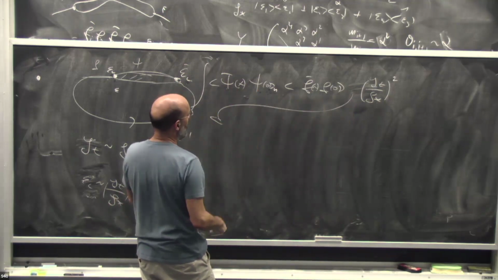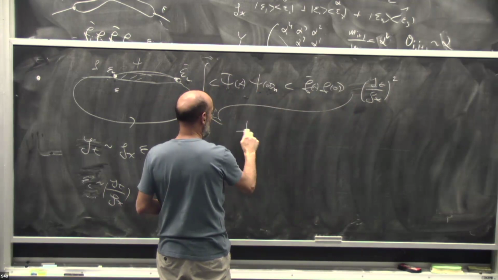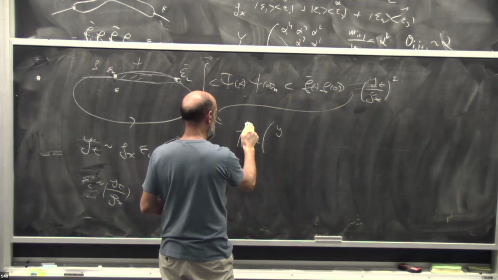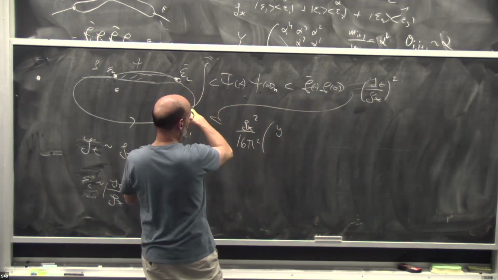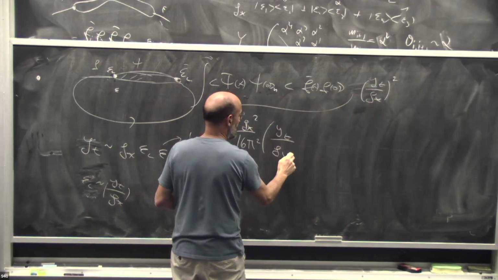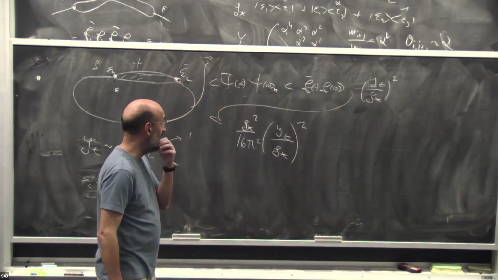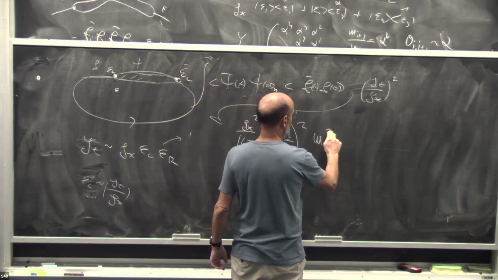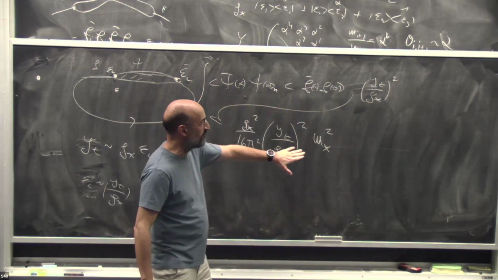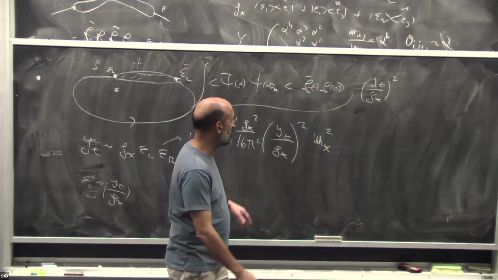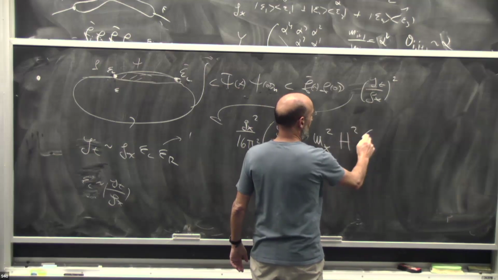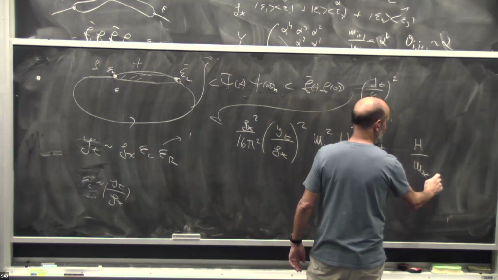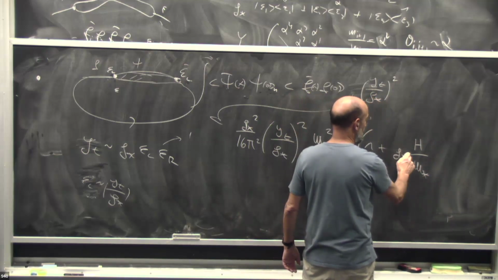You're doing the integral, you're going to get a 1/16 pi square from the loop. In fact, you also get g star square from the overall loop. There's a y top over g star square, okay? And then you get the physical mass of the resonances, which is the infrared scale, and then the Higgs. And then you get higher powers of the nonlinearity from the strong sector, which are controlled by the scale of the strong sector and the coupling.